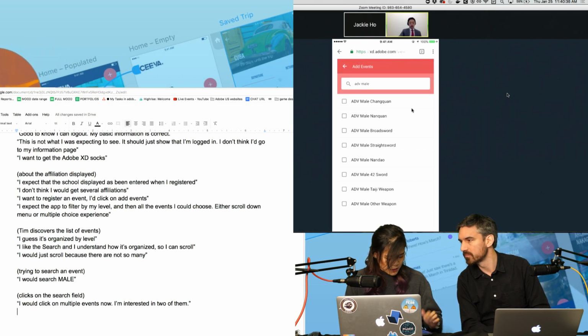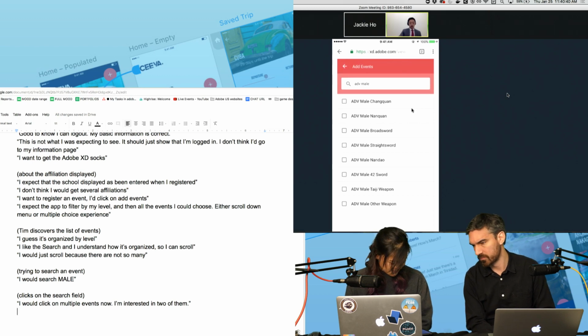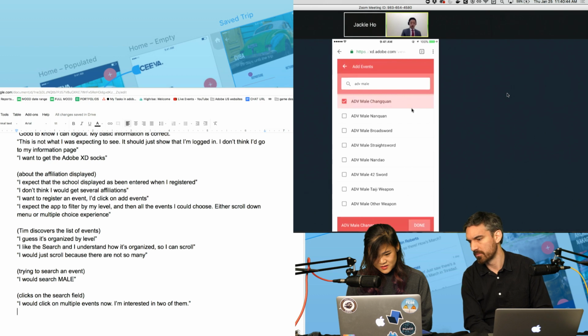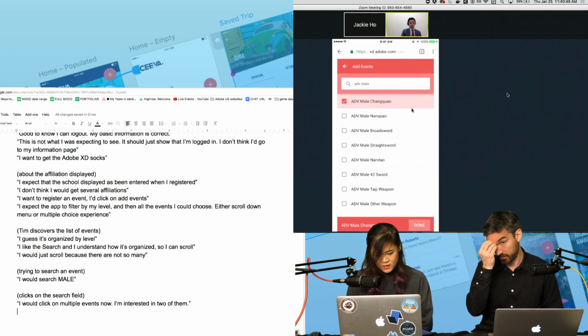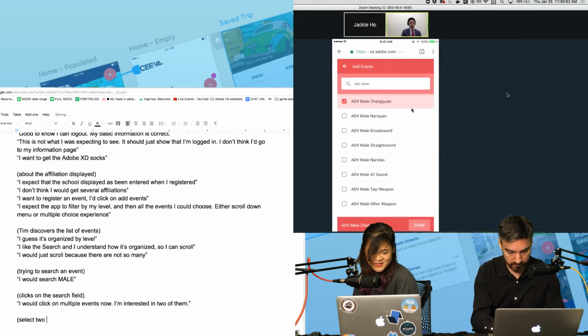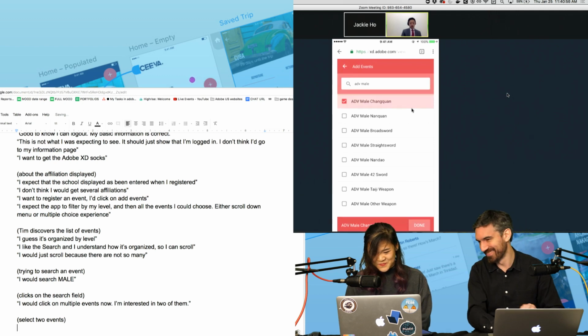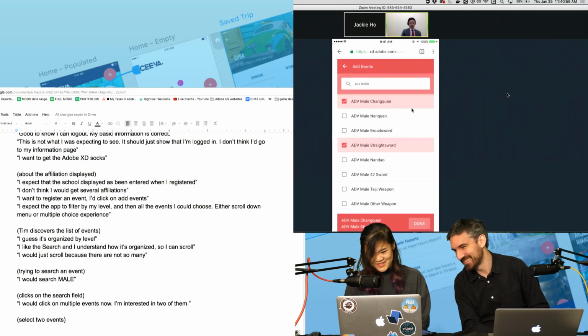Gotcha. Go ahead and select the first event. Cool. And go ahead and also select male straight sword, since that is the one that you wanted. Okay.